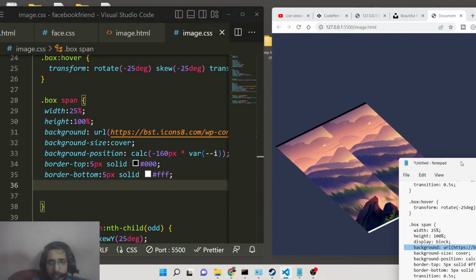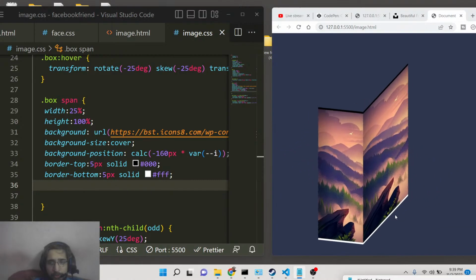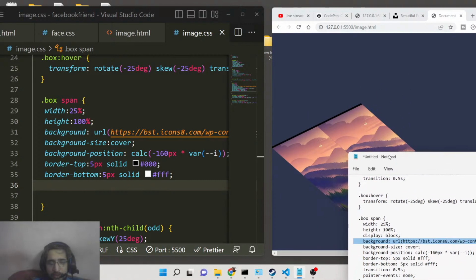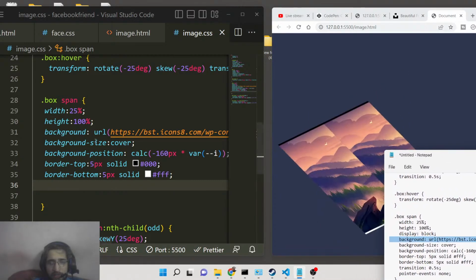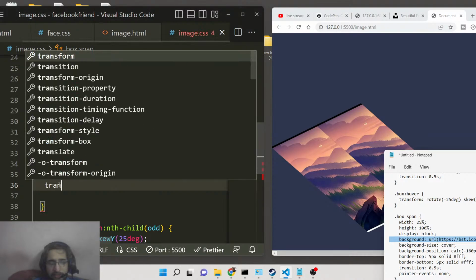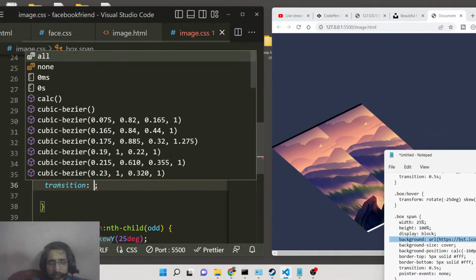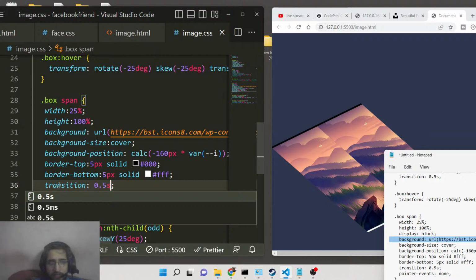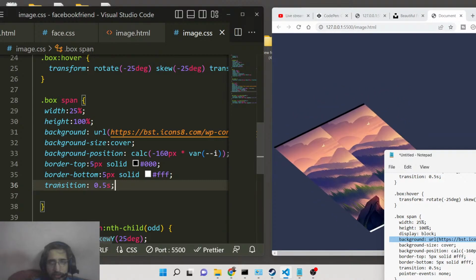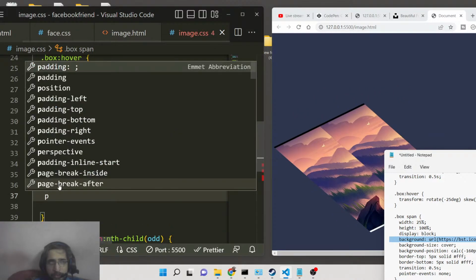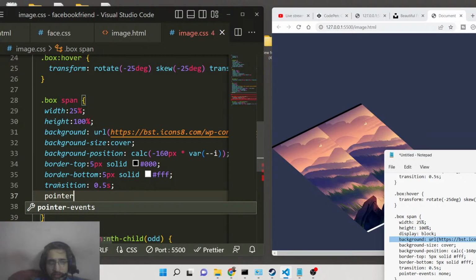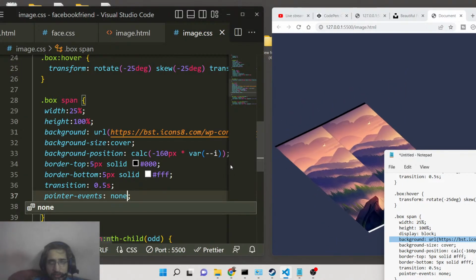So let's suppose I give it a white background from the bottom position. You will now see. And then we can even add a transition effect here. The transition effect will run for at least 0.5 second. Then we have the property which is called pointer events. So we just need to make it none. So as you can see,